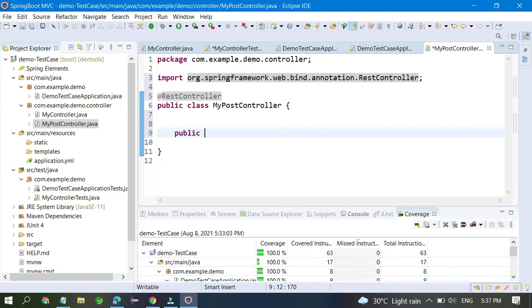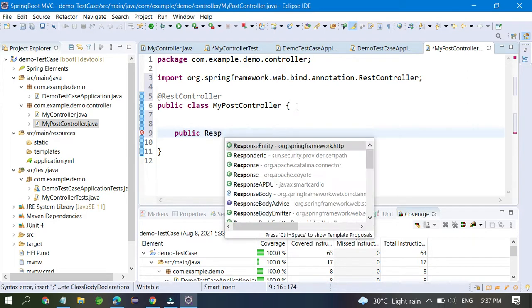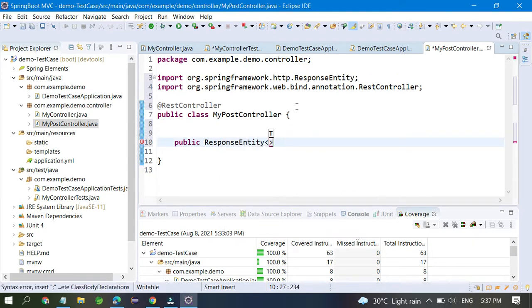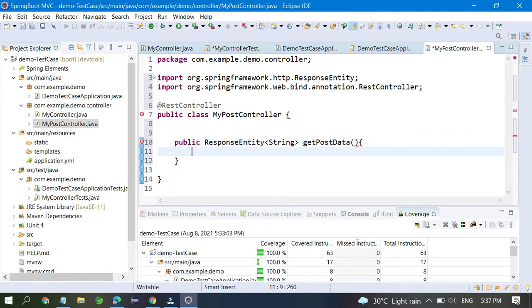What you have to write is public, not void, it's a ResponseEntity of a String, it's fine, and getPostData. So this is the post method, and if you want to pass some object like a request body,